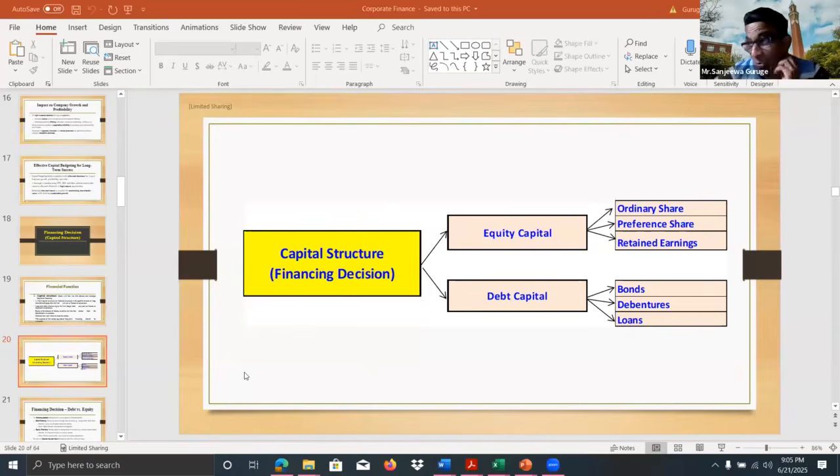If debt is good, okay, here we didn't say debt is good, but we said debt is cheap. The cost of debt is cheap. That doesn't mean debt is good. The cost of debt is cheaper. Cheaper means, for that also we have to use another term: the cost of debt is comparatively cheaper. We need to use that term, because we can't simply say the cost of debt is cheap. We have to say the cost of debt is comparatively cheap, comparatively when we compare to the equity capital.